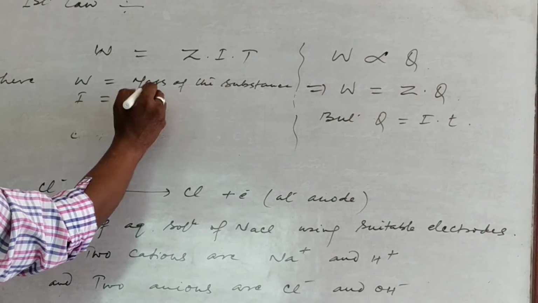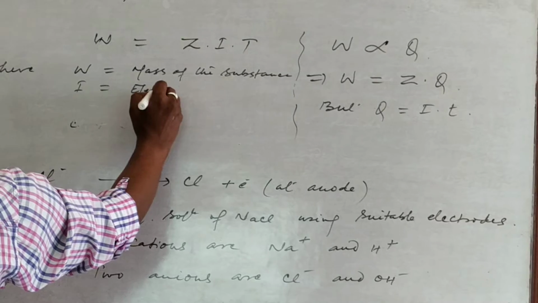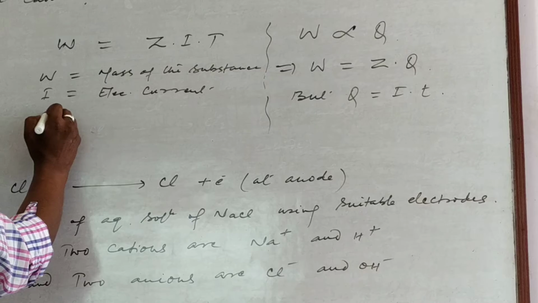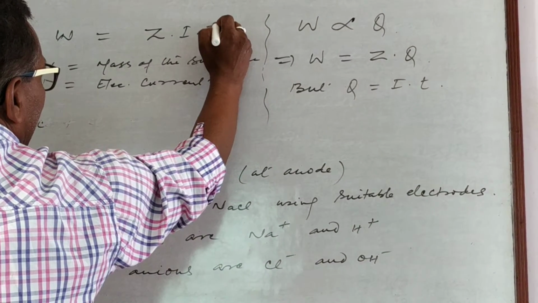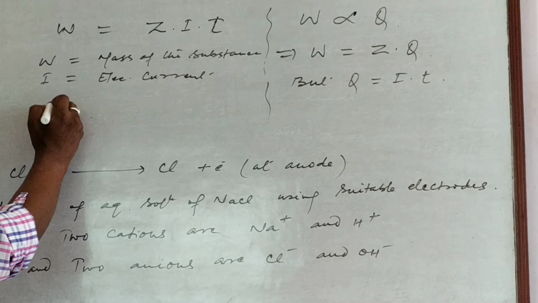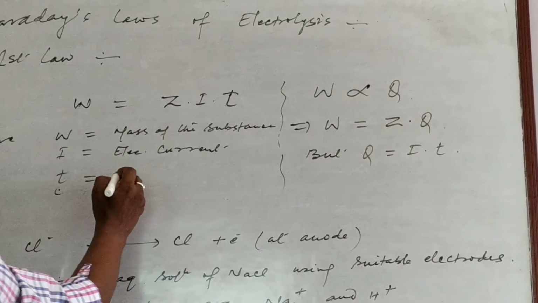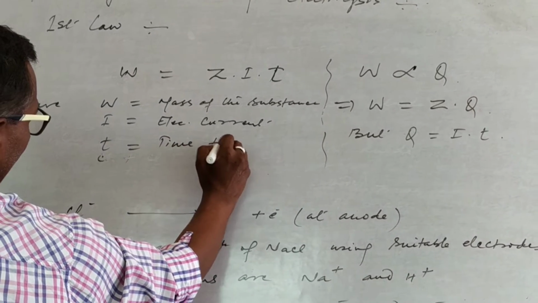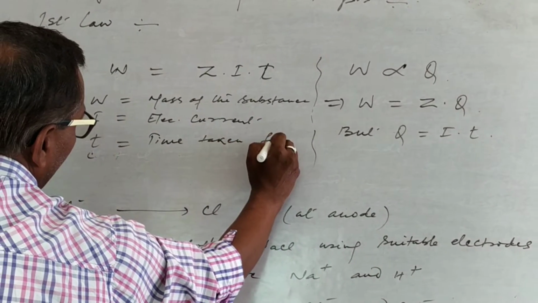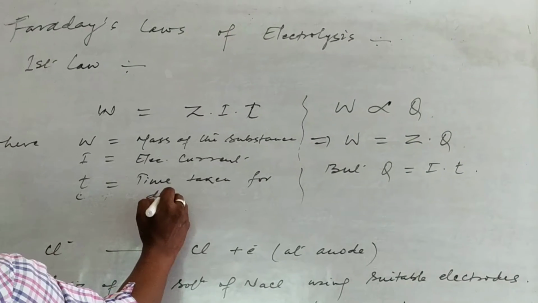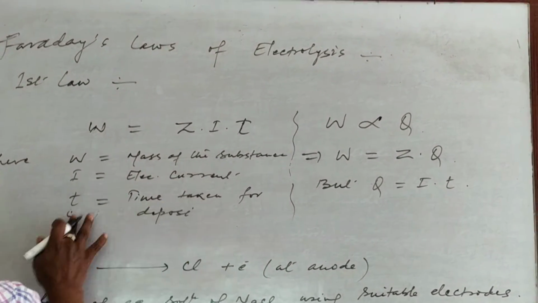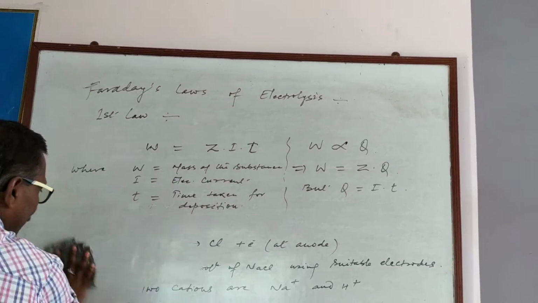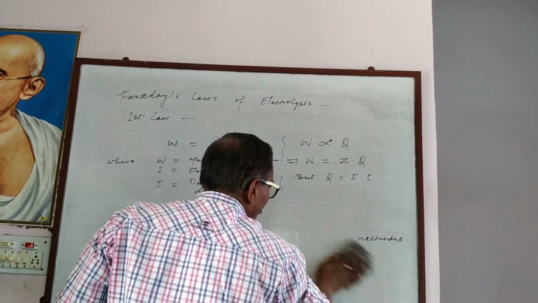I is equal to electric current in ampere, and here is a small t. t is equal to time taken for deposition. So this is Faraday's first law of electrolysis,